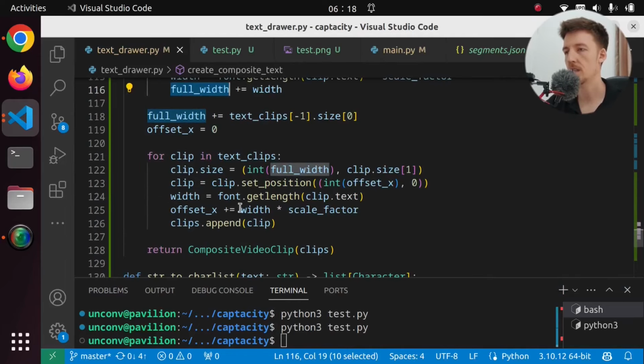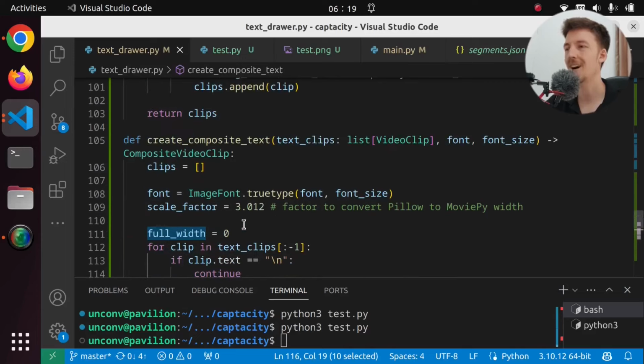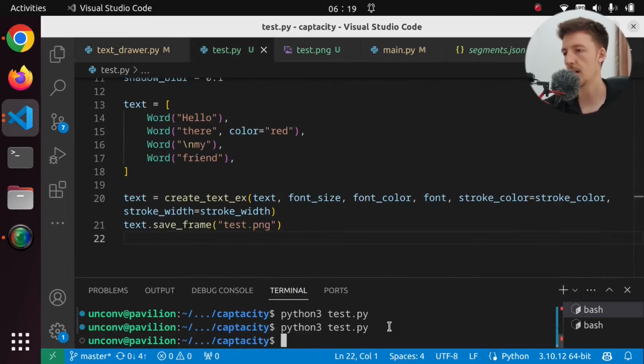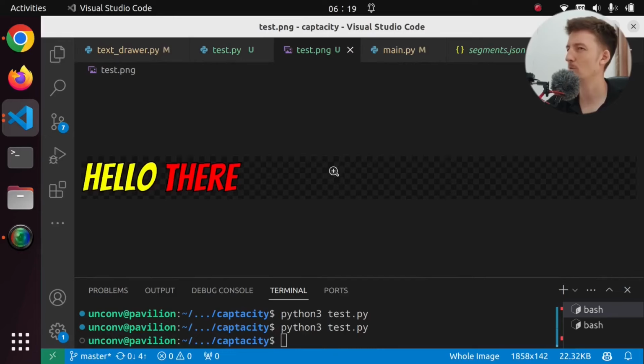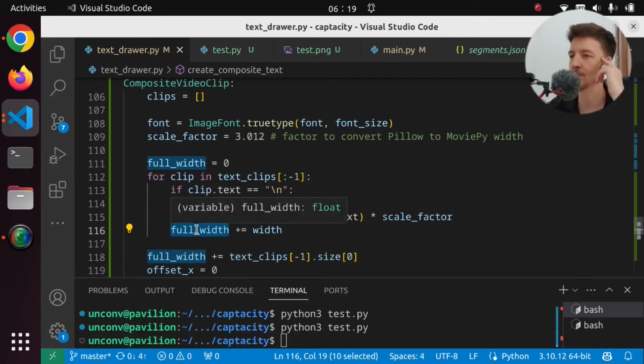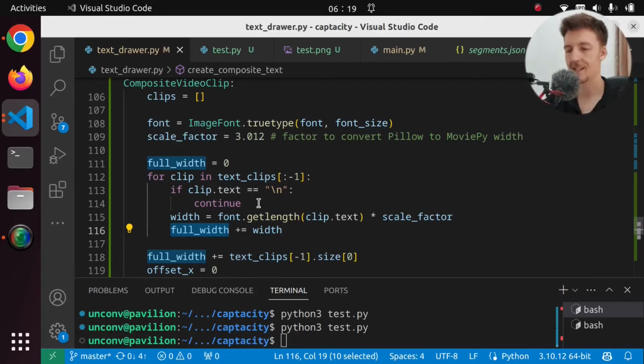And do we set here the size, the height of this thing? Composite video clips. Okay, let's do that first. If we now run test.py and we open test, it's still too wide. Why? Well, actually, yeah, because we still add the next characters. So we need to, in fact, save all the widths of every line, and we have to take the longest